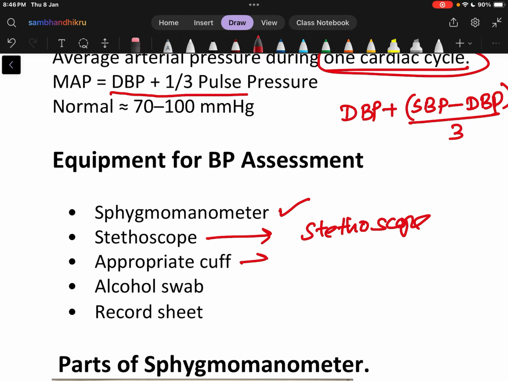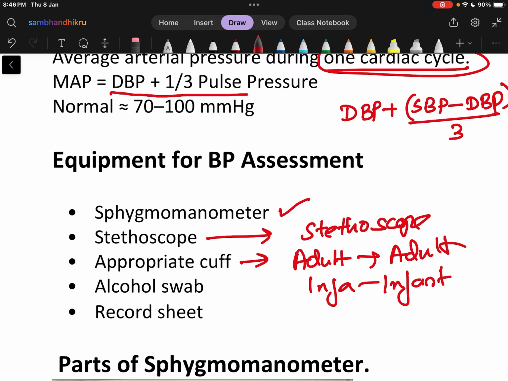Stethoscope. We need an appropriate cuff. For an adult patient we need an adult cuff. For an infant we need an infant cuff. Okay. Next, alcohol swab. It is needed to